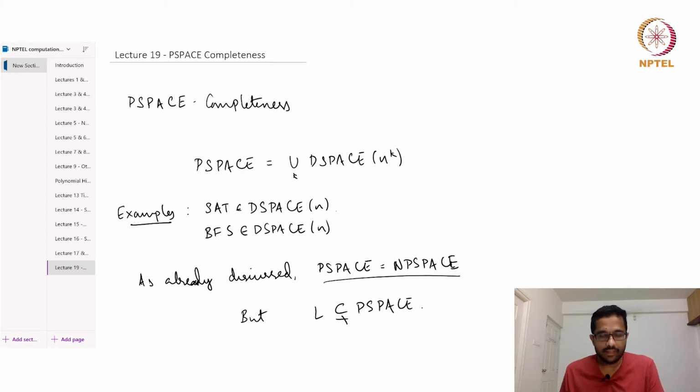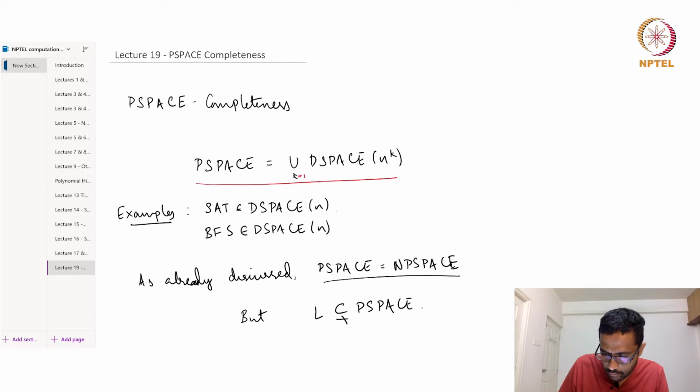P was the set of all the languages that could be solved in polynomial time, whereas PSPACE is the set of all languages that could be decided in polynomial space. So it's a union of DSPACE(n^k) for all integers k, so maybe I can say k equal to 1 to infinity, right? So anything that can be solved in any polynomial space is